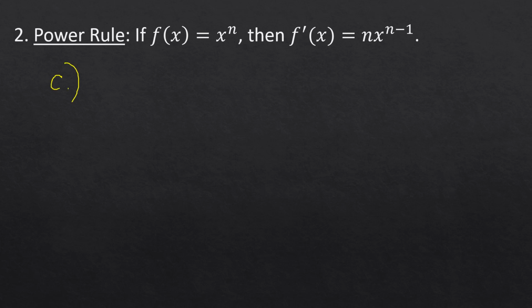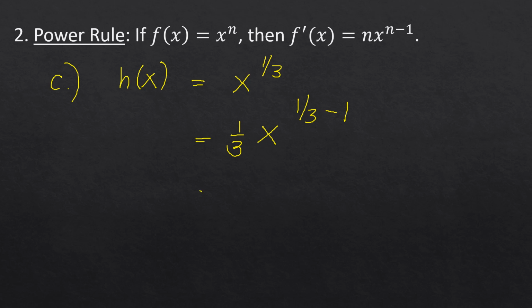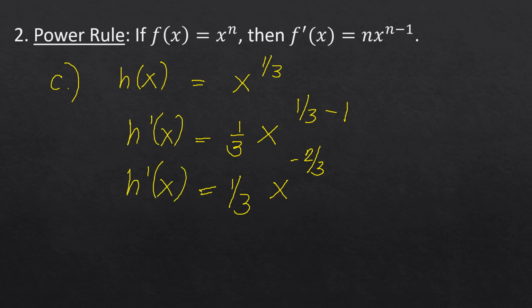Also, you can have h of x is equal to x raised to 1/3. That is also acceptable. Okay, so here bring down 1/3. So x raised to 1/3, subtract 1 on the exponent. So we have 1/3 times x raised to 1/3 minus 1 is negative 2 over 3. Okay, so this will now be h prime of x. So have a correct notation. So this will be 1/3 times the rule of exponent, making 1 over x raised to 2 over 3